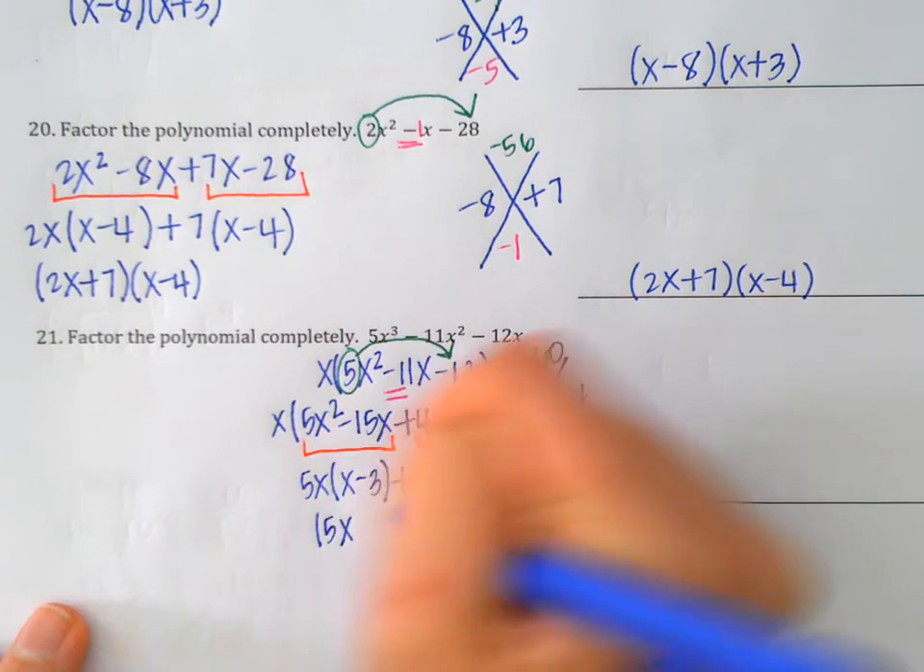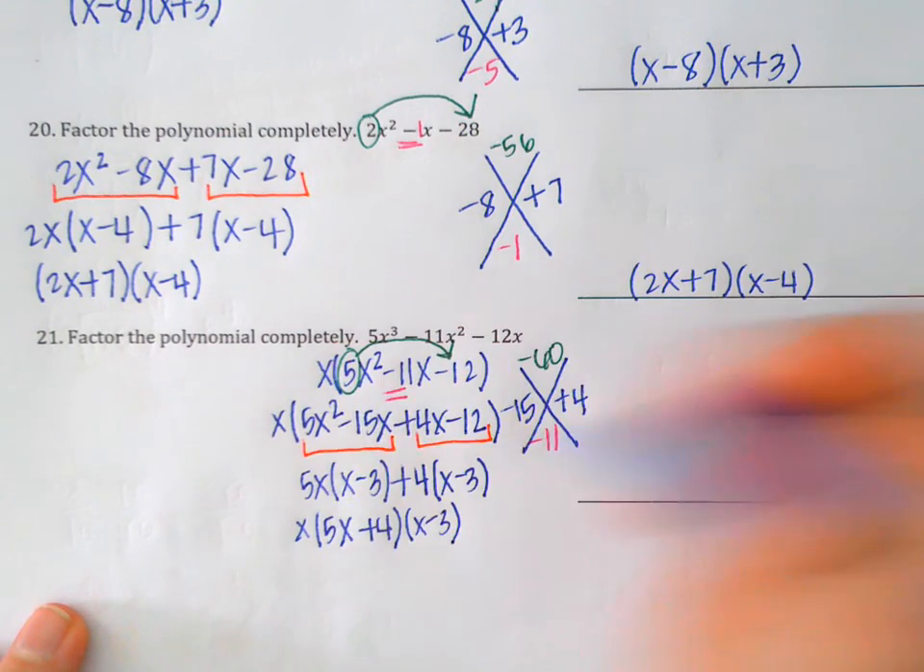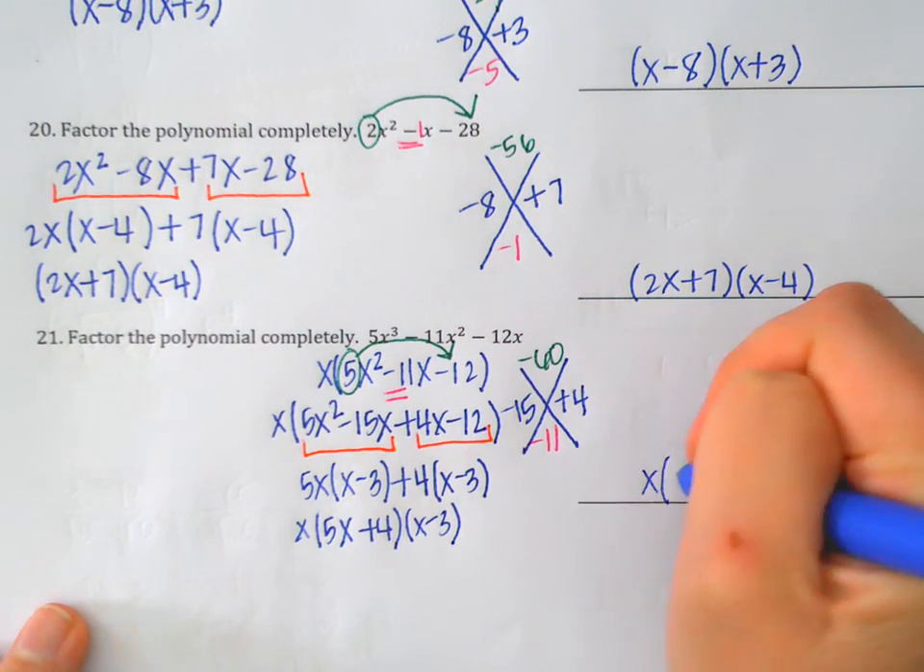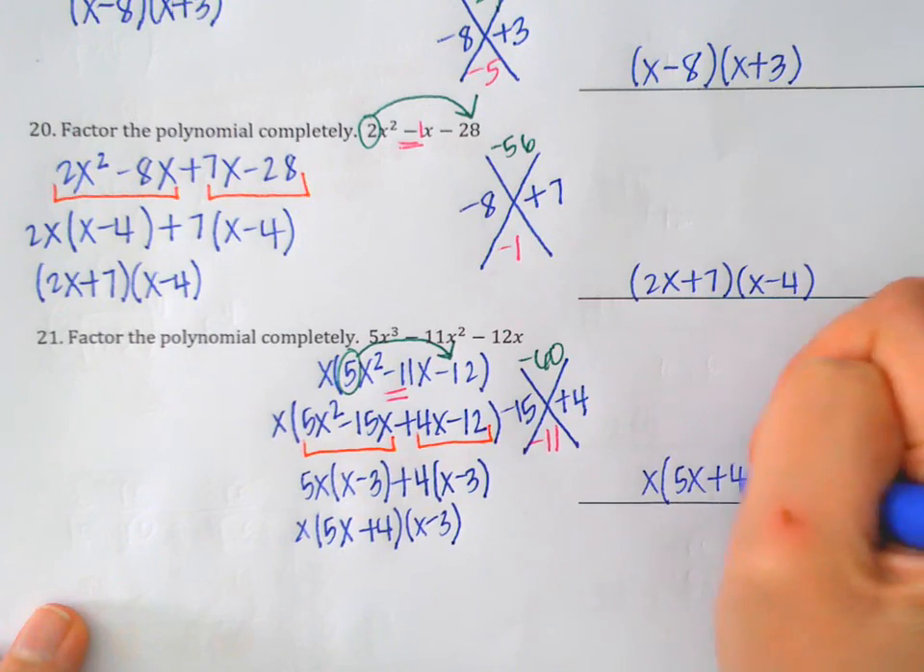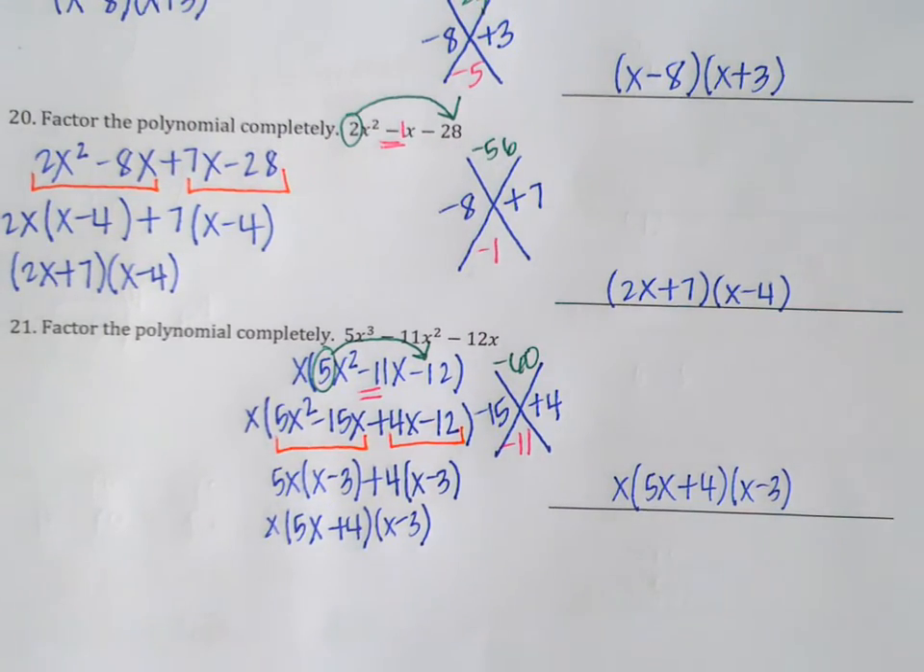So I have 5x plus 4 times x minus 3. Don't forget to bring down that x. So x times 5x plus 4 times x minus 3 is my final answer, and that is it for the